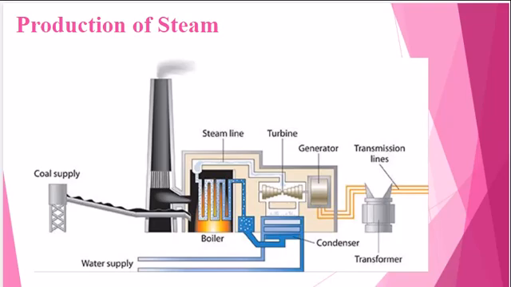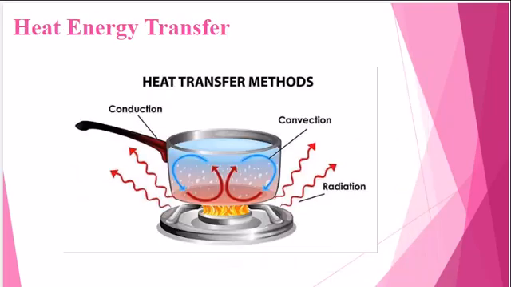Efficient steam production requires the right boiler pressure, temperature, and water quality. Steam production is vital in various energy and industrial processes. Heat energy transfer. Heat energy transfer in steam systems involves moving heat from steam to another medium, like water or air, for heating or power. Steam's latent heat makes it ideal for efficient energy transfer, which is central to heating and power applications in steam